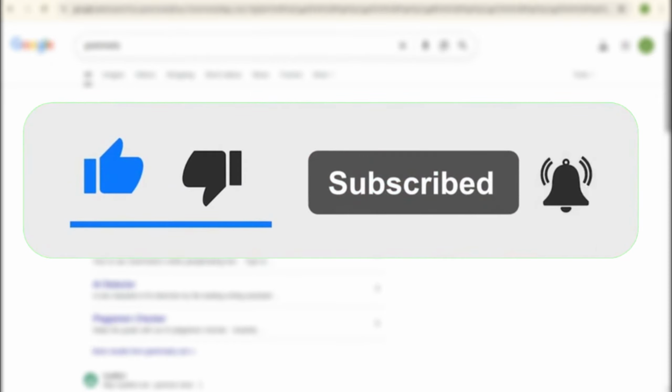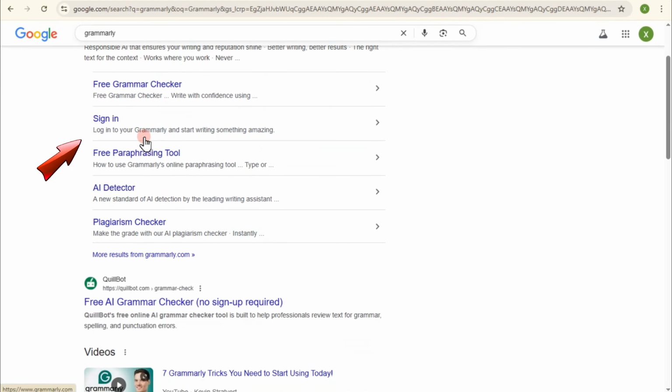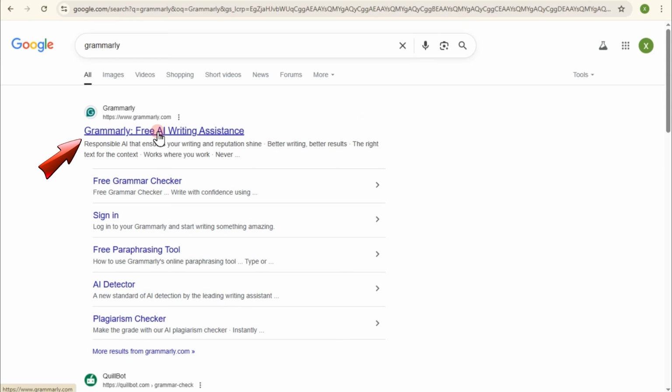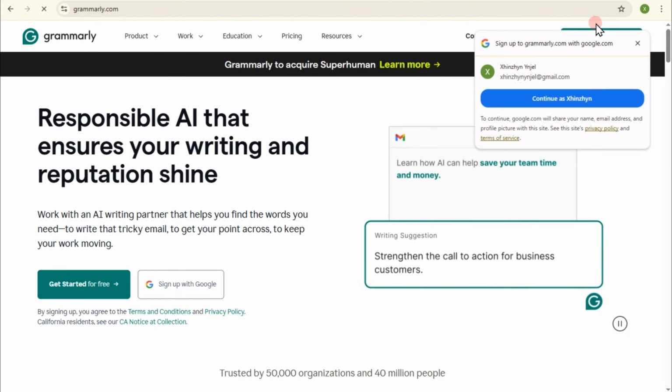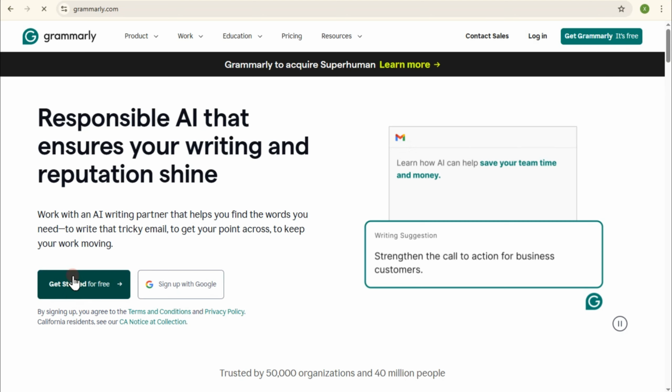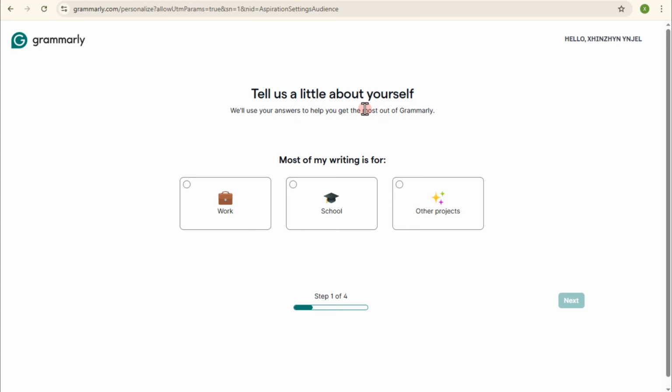So first things first, you have to go to any web browser and then type Grammarly. You have to click this very first link that you can see here. This is Grammarly. And then you can log in if you have an account or sign up if you don't have an account yet. So this time, I will tap on sign up with Google and answer a few questions